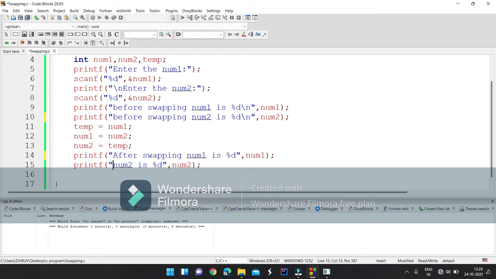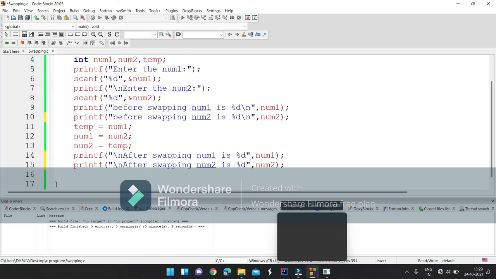Here we will also write "after swapping", and here we will use \n for new line, and here we will also use \n for new line. Now we save it.